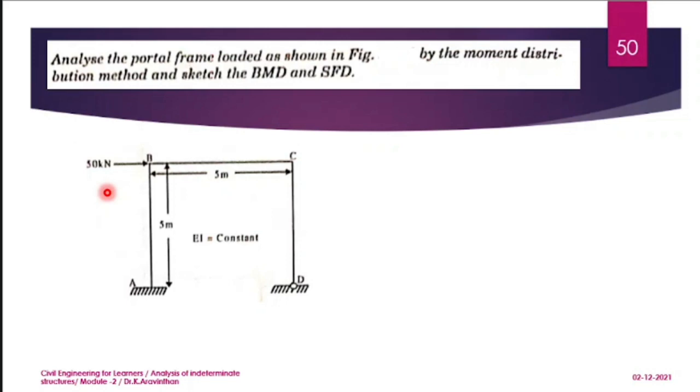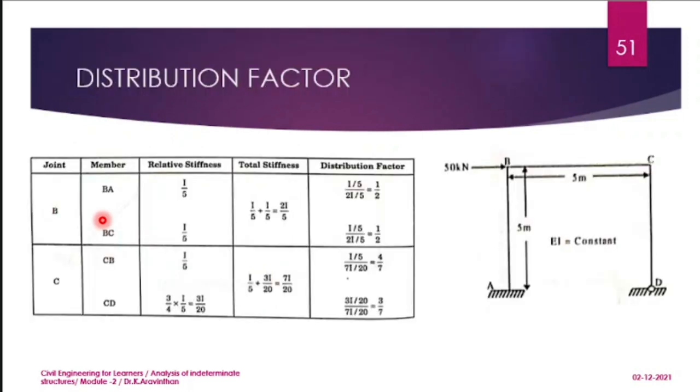So first you will be finding the sway force, and after finding that you have to make the sway analysis, and the non-sway analysis also has to be done. If you do not have any vertical force, you will not have a fixed end moment, it will be 0. This portal frame has only horizontal load, that too at the joint. The second step is you have to